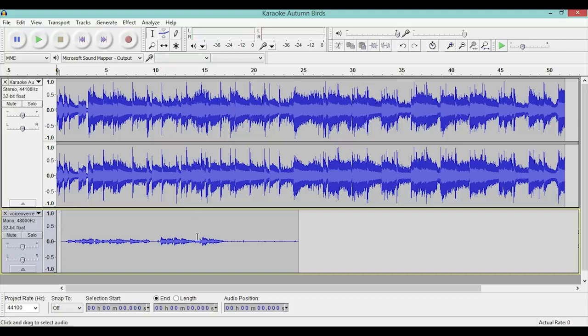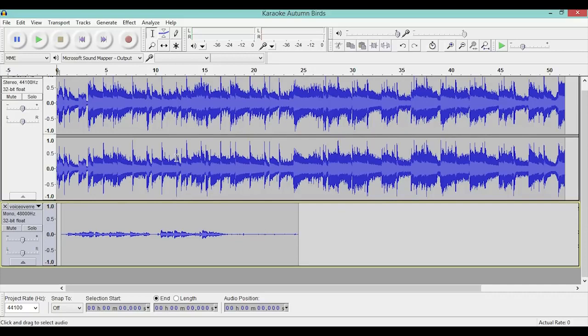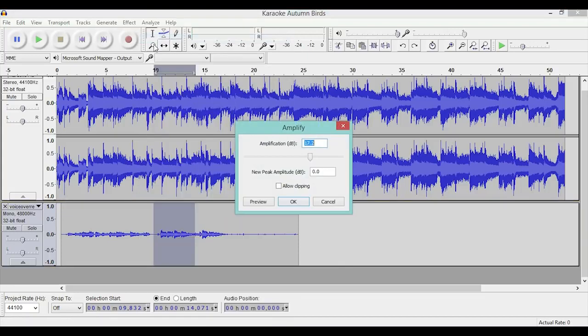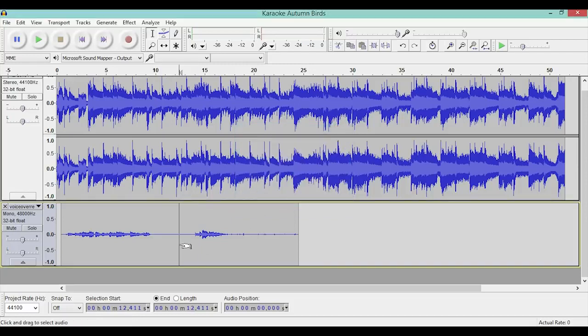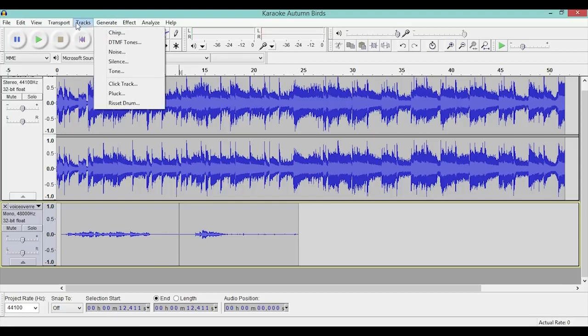Now if you recorded the whole song and you only messed up in a couple of parts, you don't have to redo the entire recording. If you want, you can actually just select the part where you messed up and then go to your effects and click amplify, and then click and drag this button all the way to the left. So what it's doing is turning down the volume of that part that you've selected. It turns the volume all the way down so that it looks like this,